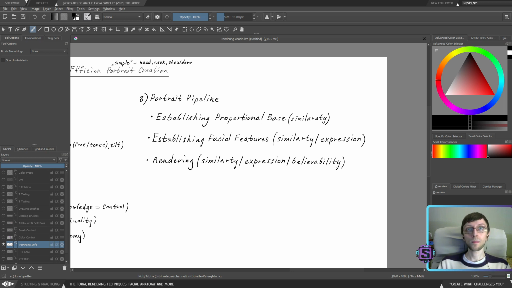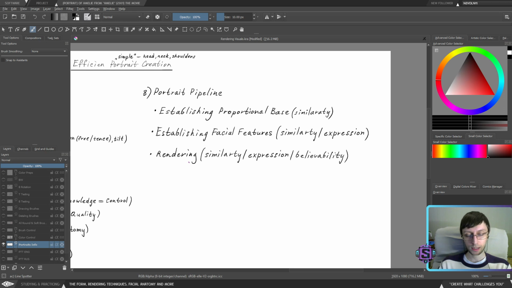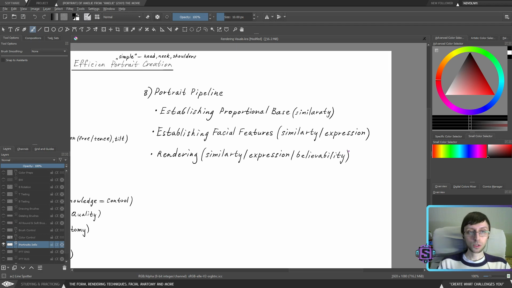Again, we will work on similarity, expression, and details while maintaining believability, unless we decide to go into a stylistic thing. Then we'll work on hair separately, and then we will work on textures. So this is the portrait pipeline that I established right away, and it was clear to me right from the beginning. Let me show you the supposed results of how it could go.